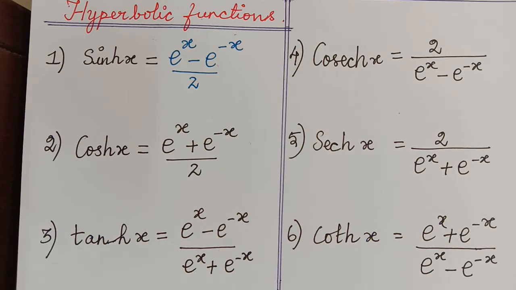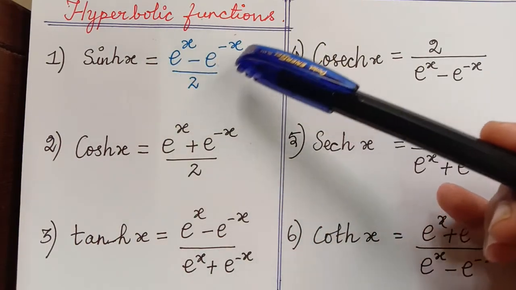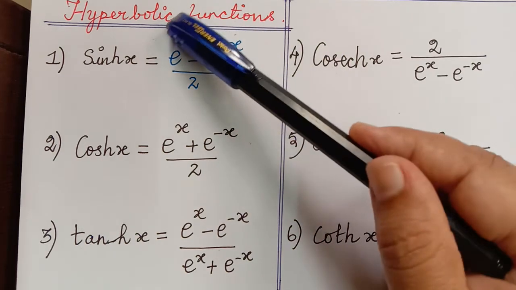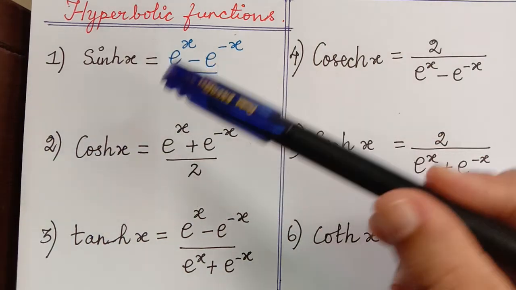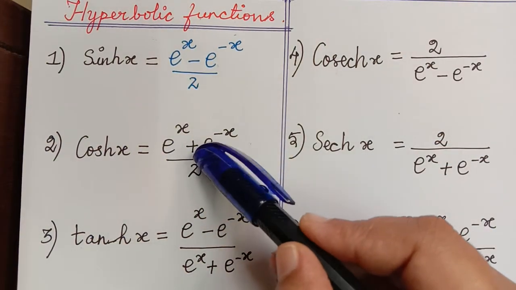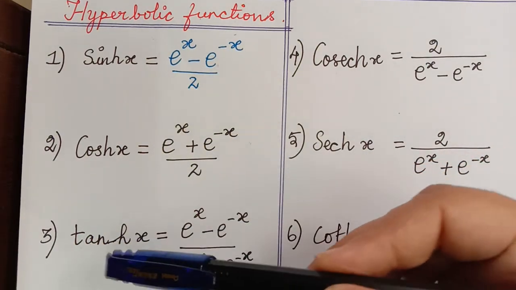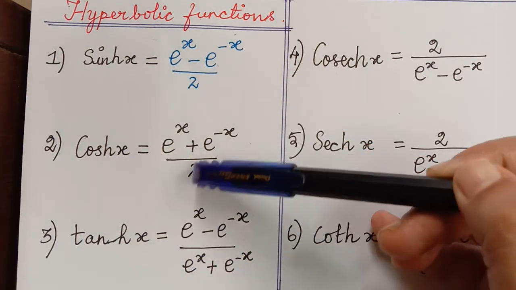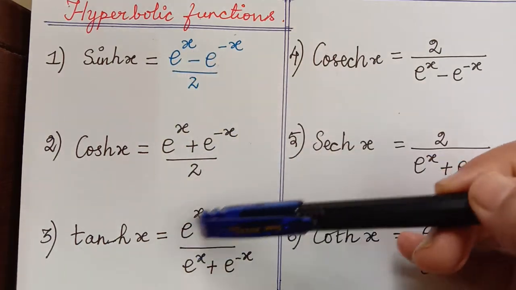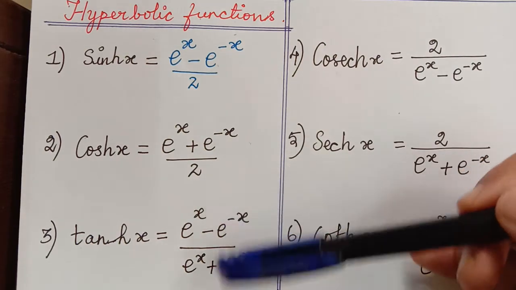If you remember one formula, you will easily be able to remember the other formulas. If you remember that sinh x is e power x minus e power negative x divided by 2, very easily you can remember the others. Cosh x will be, instead of this negative, just a positive here, so you have to add these two exponential terms. And then tanh x will be sinh x by cosh x. So very easily you can evaluate this. The 2 and 2 will get cancelled, and you will have e power x minus e power negative x divided by e power x plus e power negative x. So this is tanh x.